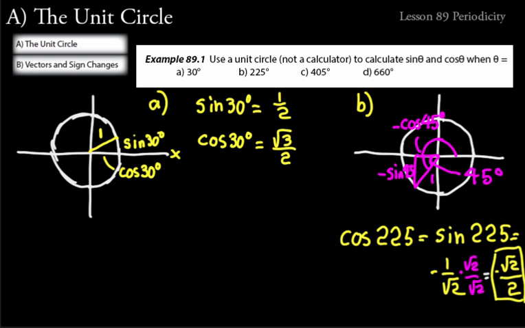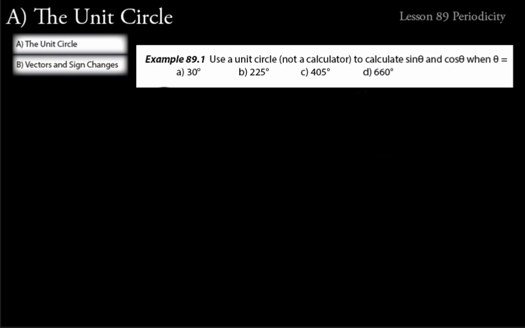So we used the unit circle there to set up a right triangle. And that's an important thing to recognize here. We set this right triangle up. It's a 45, 45, 90 triangle, but relative to the x-axis, we're thinking of 225 degrees. So we think of the triangle in terms of a 45, 45, 90. We think of the original question in terms of the original angle, the 225 degrees. Okay, let's move on to C.